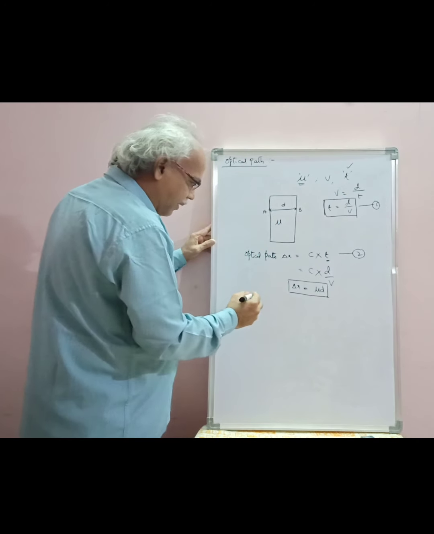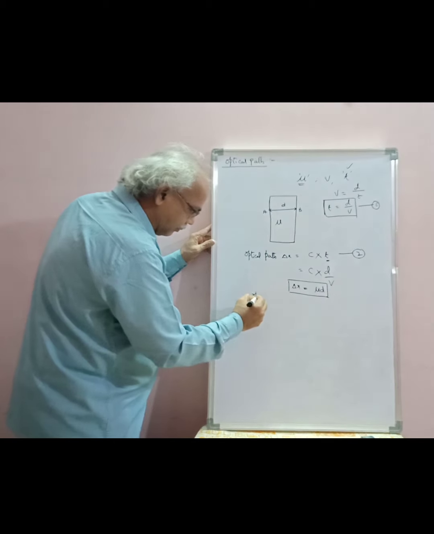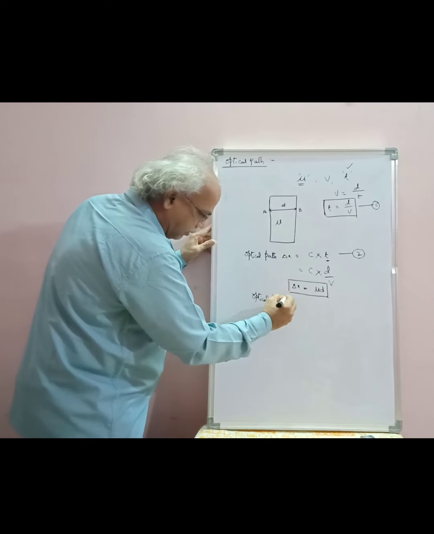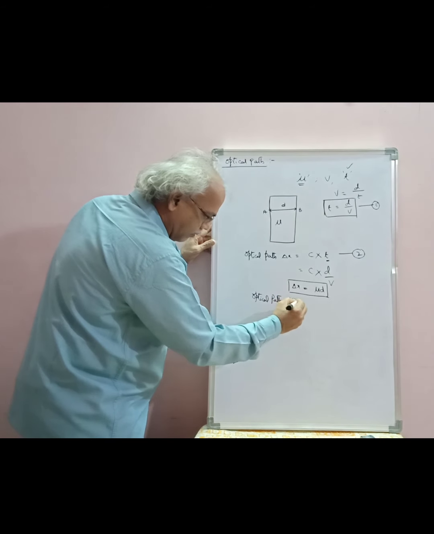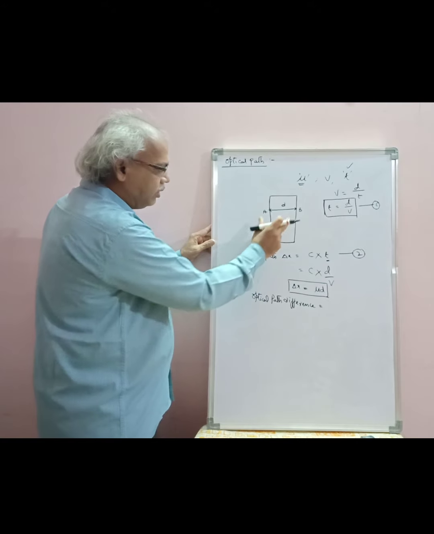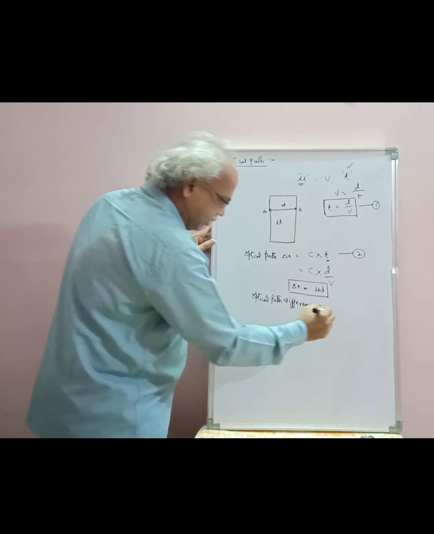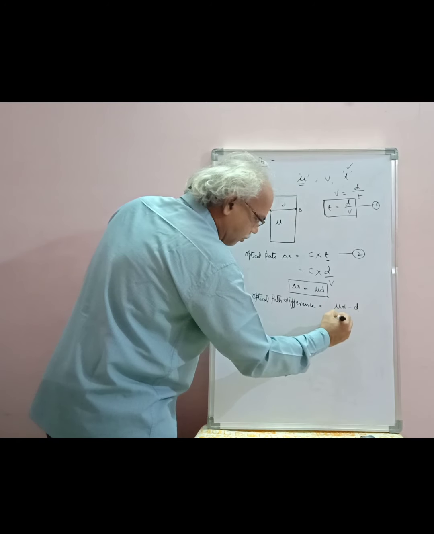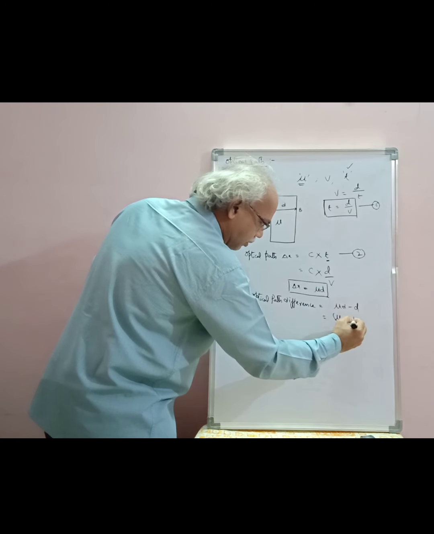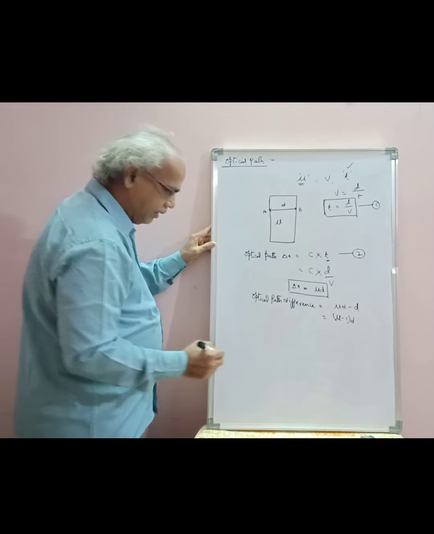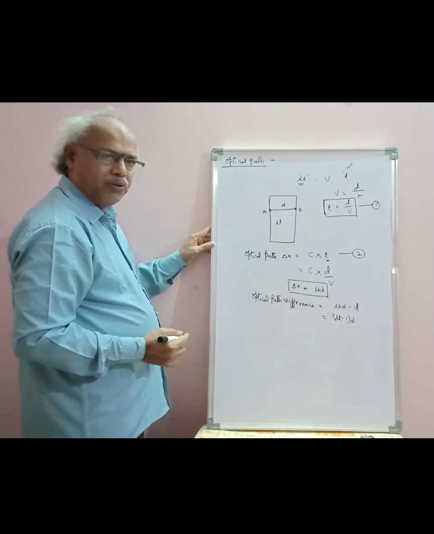So, optical path difference. Here, optical path minus geometrical path, that is mu d minus d, is equal to mu minus 1 into d. It is the optical path difference. Then phase difference is equal to